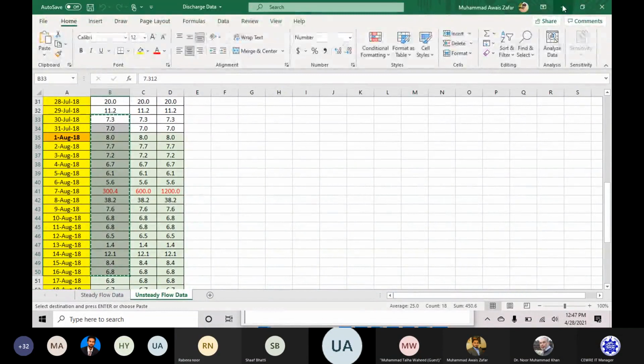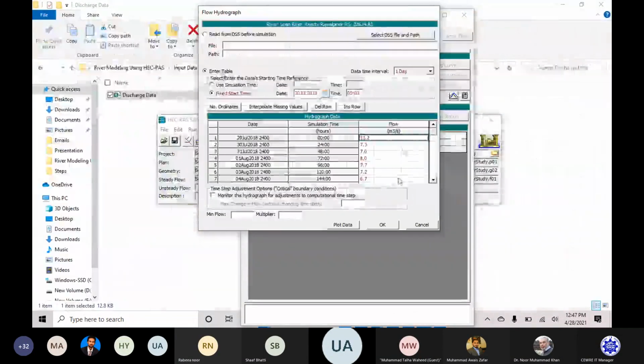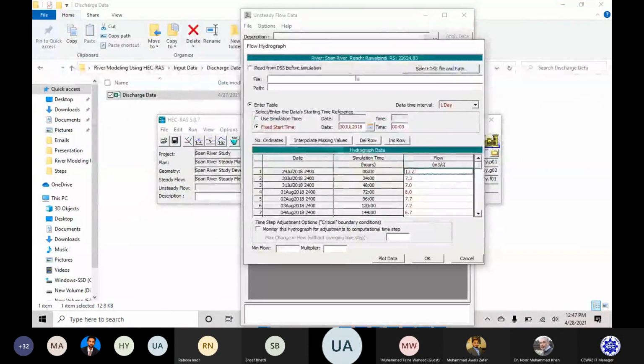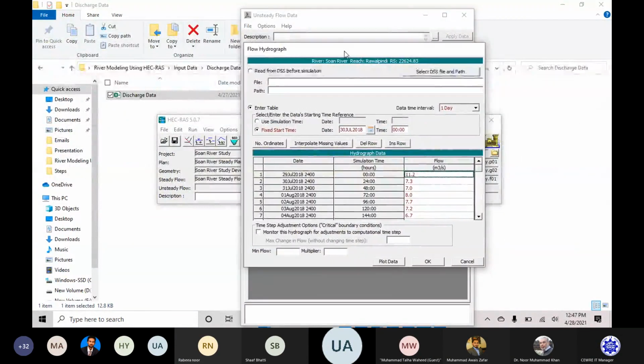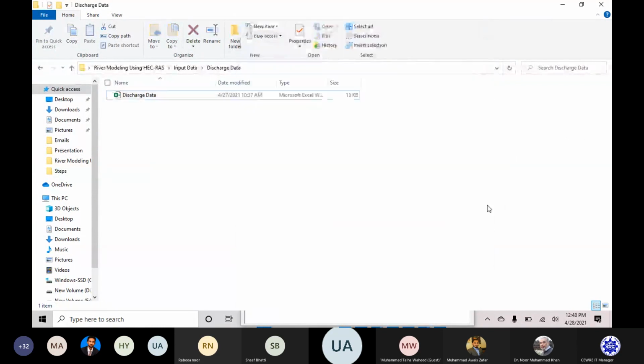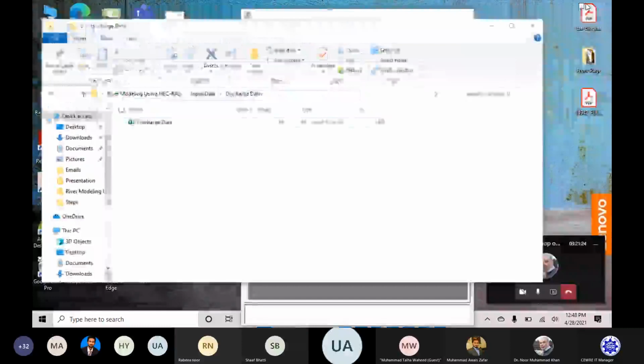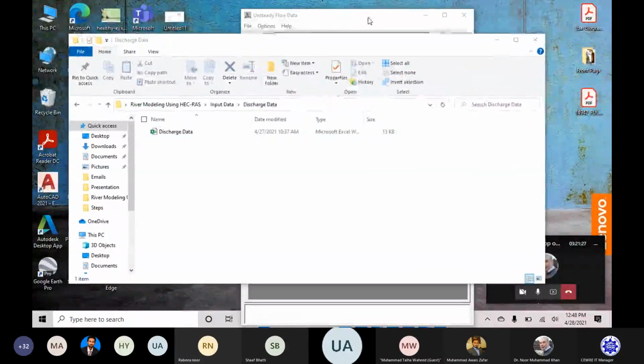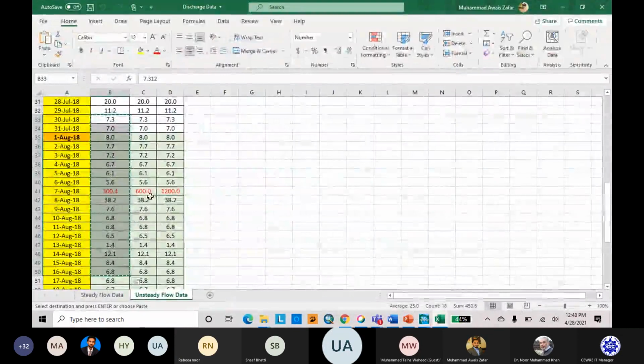Now we have to perform the unsteady flow simulation. I think everyone has seen the steady flow simulation results, but I do not have any information on where it was stuck. We have just clicked the unsteady flow simulation window to incorporate the flow data. Here we fix the time according to our required data,